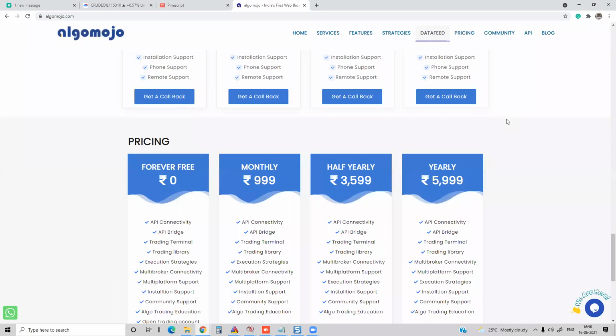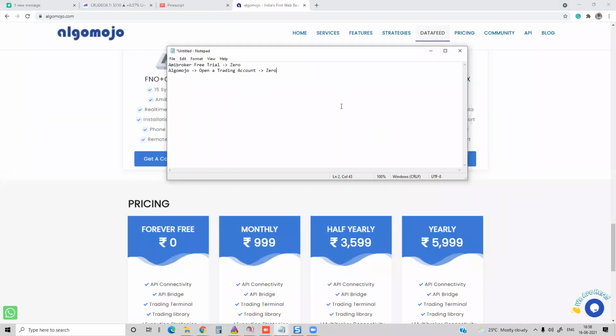And followed by that, we also need data. There are two kinds of data vendors. One is cheap vendors, which come at a cheaper cost. Somewhere the pricing starts at 500 rupees per month. Not advisable, but if you are using it, do it at your own risk. Then there are authentic vendors.